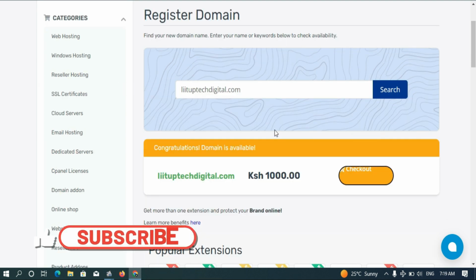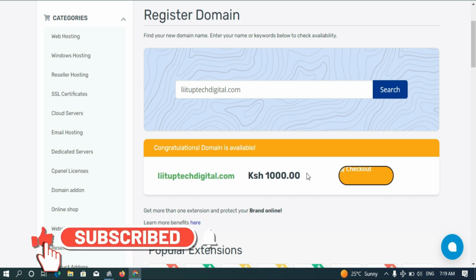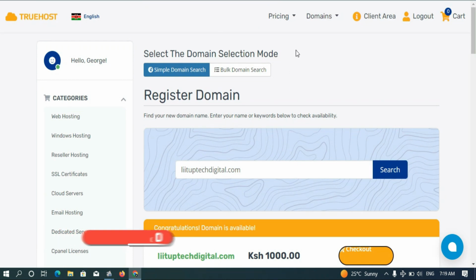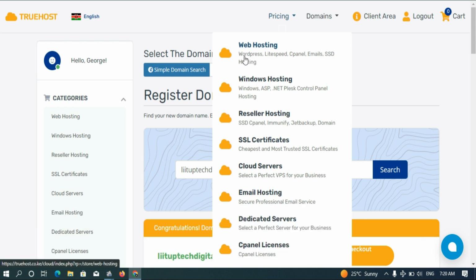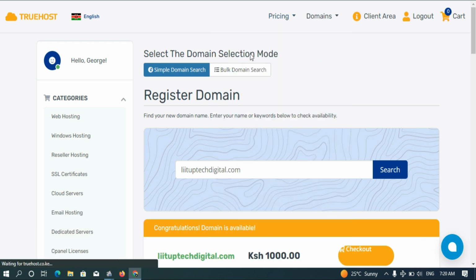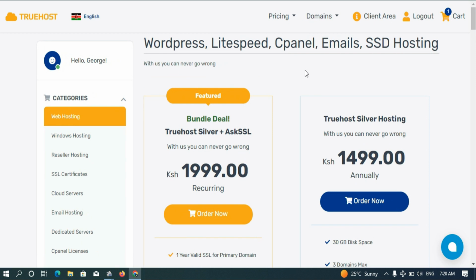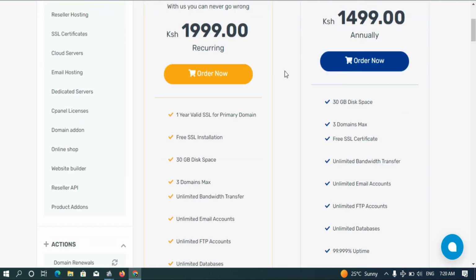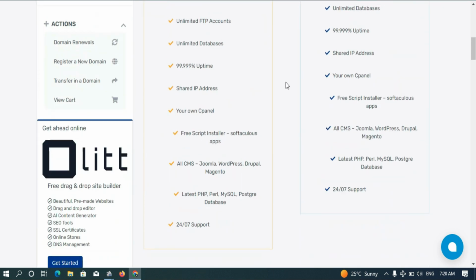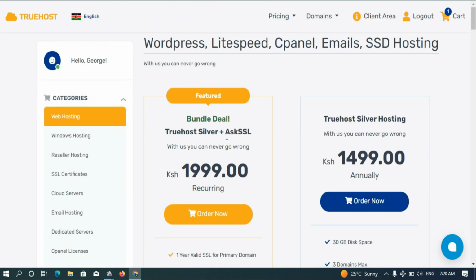So after you've paid for your domain name, the next thing that we are going to need is a hosting package. And to do that, we're just going to scroll up top here, click on pricing, and because we're going to create a WordPress blog, we're going to select the first one here, WordPress. So once we're brought to this page, you will just choose a hosting package that is okay for you depending on your budget. And for us, we're going to take the silver hosting here, the Truehost Silver with Ask SSL,